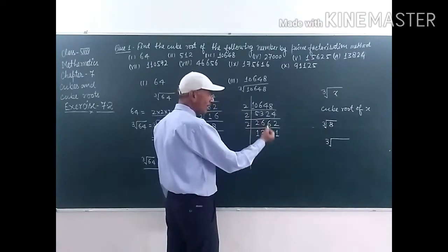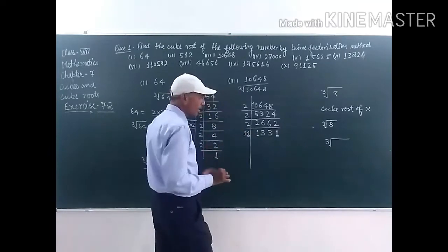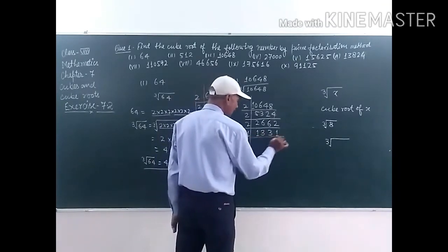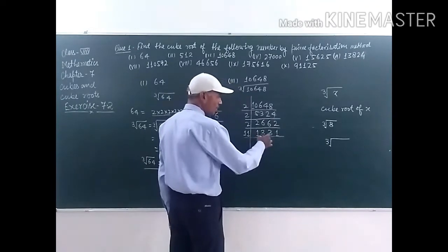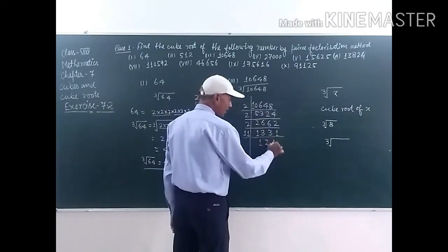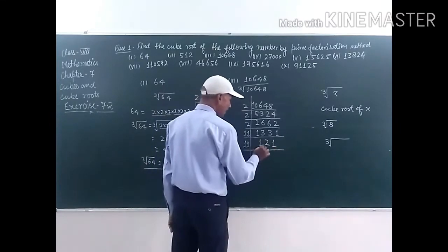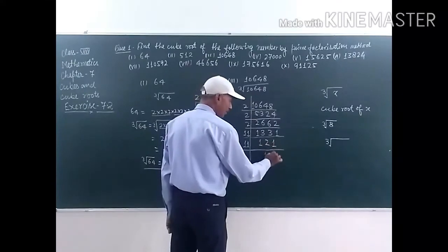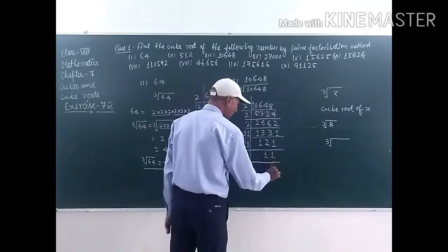So we have to take the next prime number, that is 11. Clear student? Now by 11 it is 11 1 ja 11, 2 23, 11 2 ja 22. So left here 1 and 1, 11, 11 1 ja 11. Again by 11 it is 11 1 ja 11, 1 is left here, so it is 11, 11 1 ja 11 and again by 11 it is 1.